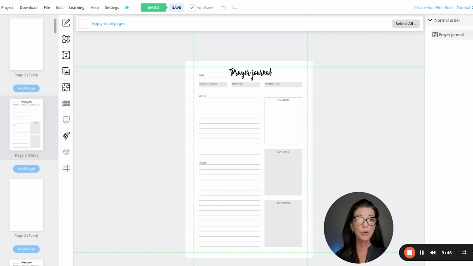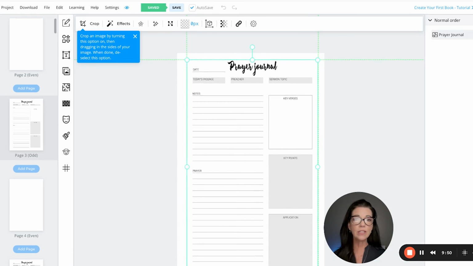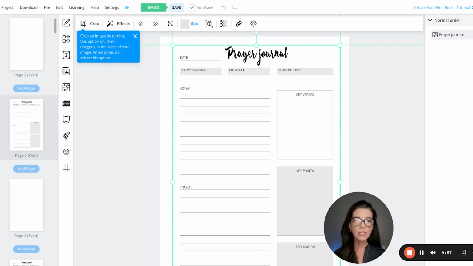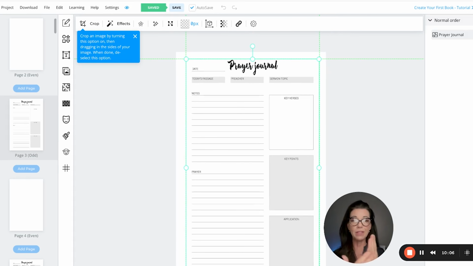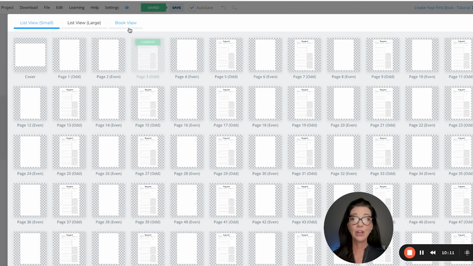You'll see here it says Prayer Journal, and when I click on it we see how these edges go all the way to that margin so that I don't have to worry about it being cut off on the edge, but it does fill the entire page. Let me show you what I mean by having this on the first page. If I come here to the eyeball and go to Book View,